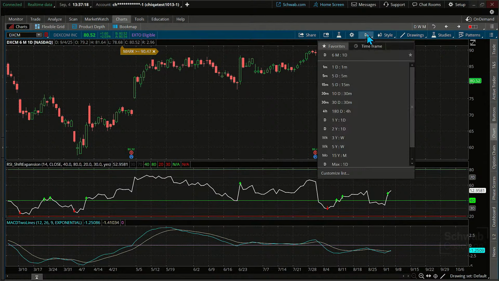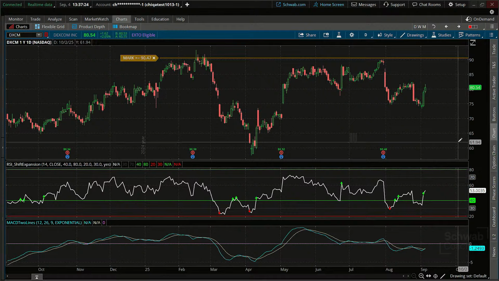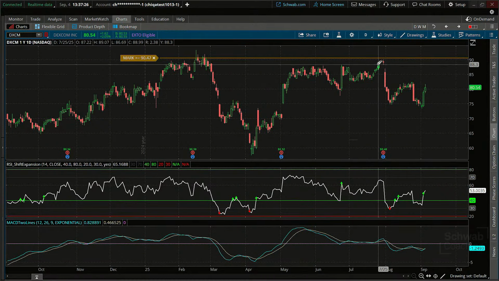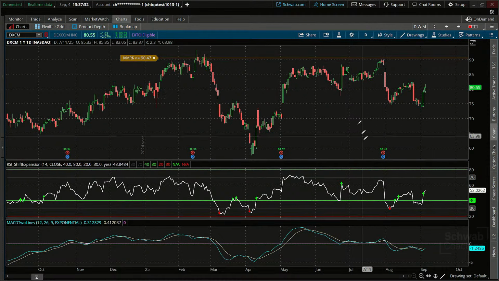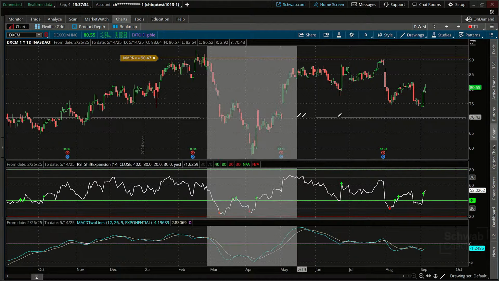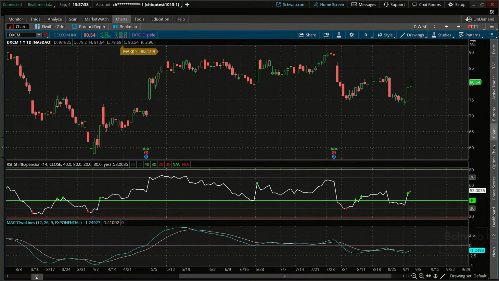Let's go to a little bit longer term so we can check this out. Here is your 1 year. There you go. And oh, okay. It looks like I've got an alert set if I were to break above this line. We have not done that yet, but you can see how great that ThinkScript did in the scan. I mean, it just nailed it in terms of exactly what we were after.